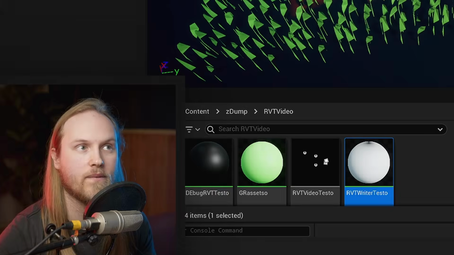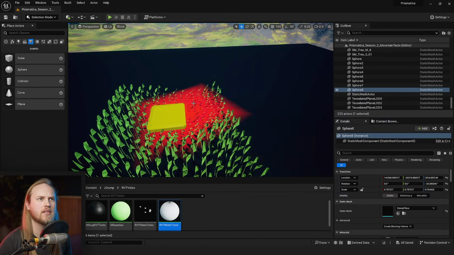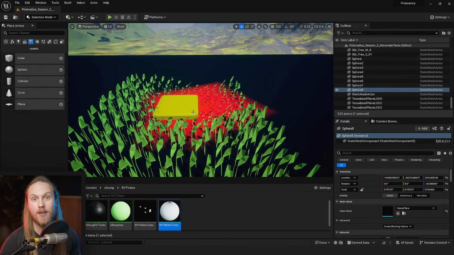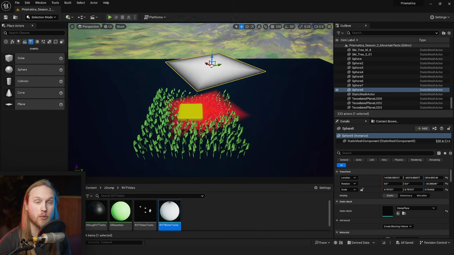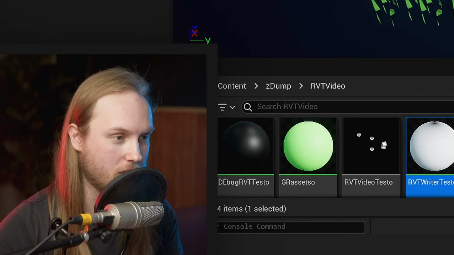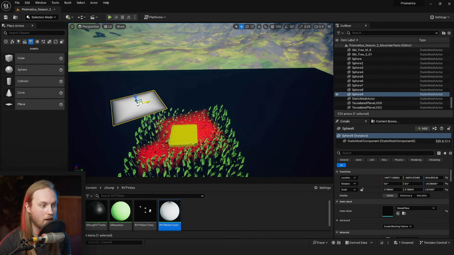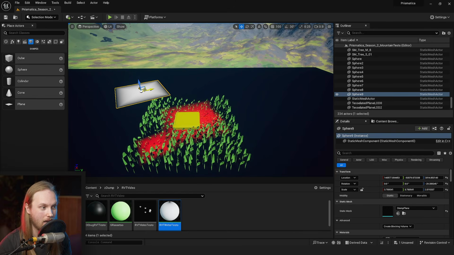There we go. Very cool. So you might be thinking, okay, well, this is cool, we can trample the grass down. Why don't we do a footprint system like this? And to that, I say, stop right there, criminal scum, because runtime virtual textures, despite what some people may use